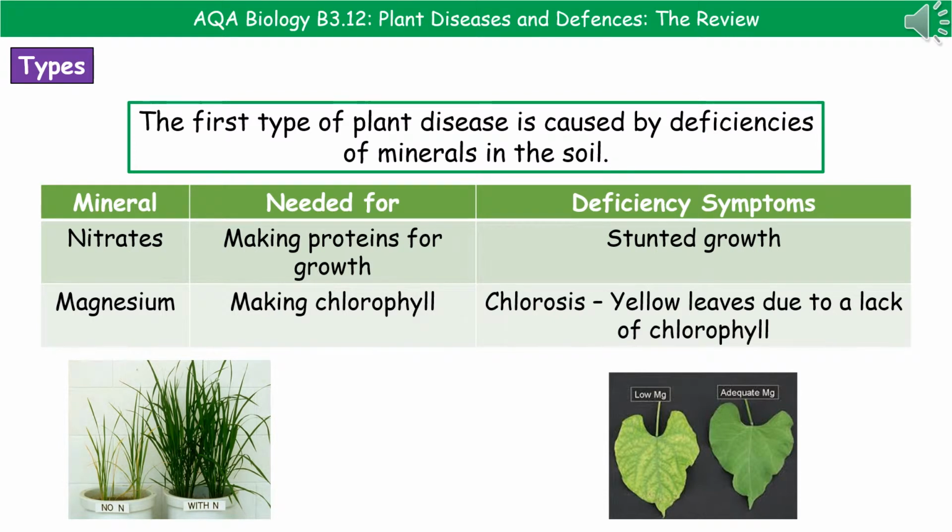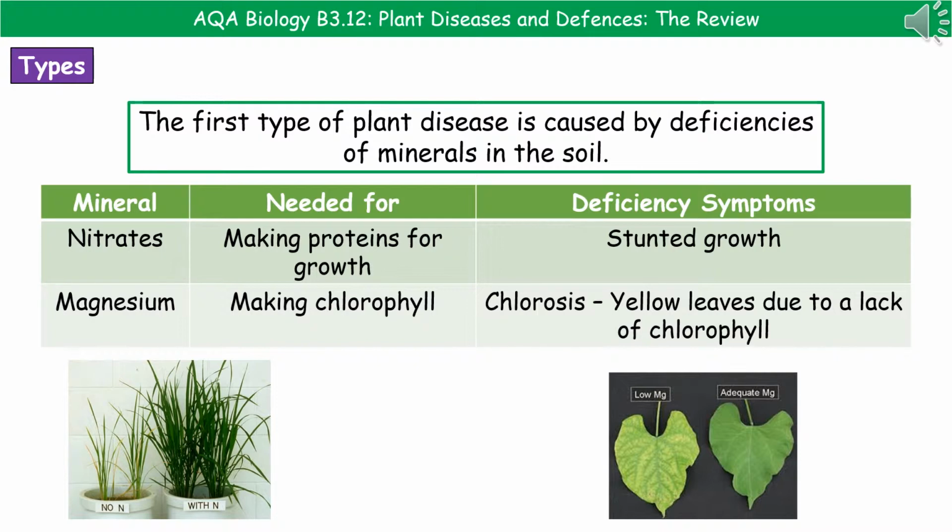Welcome to our review on plant diseases and defences. When we're thinking about the diseases that plants can get, we're actually thinking about several different types. And the first one of these is caused by something that's not contagious, so it's not going to spread from plant to plant. It's all down to a lack of mineral ions within the soil in which the plants are growing. As a result of that, our plants can't get the minerals they need,